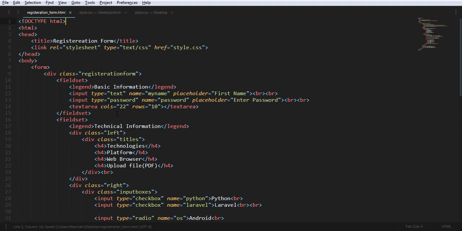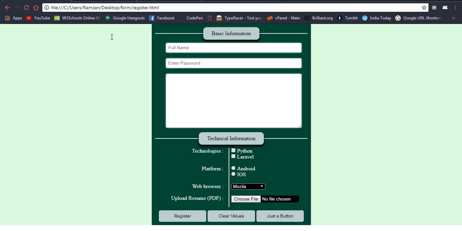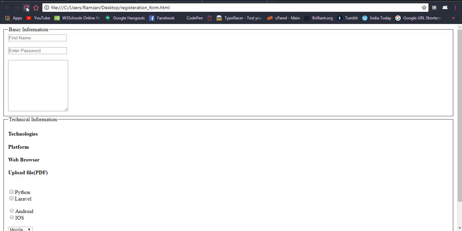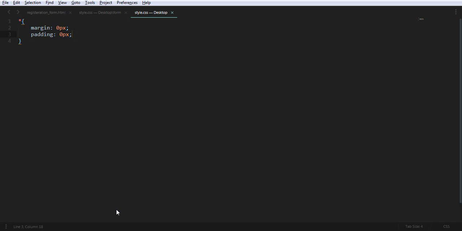So now let's get started. Firstly we have to give the margin for every element 0 pixel, and one more thing, padding is also 0 pixel. Now if you see the output screen, you will find something like this. This is really close to each other, right? So now